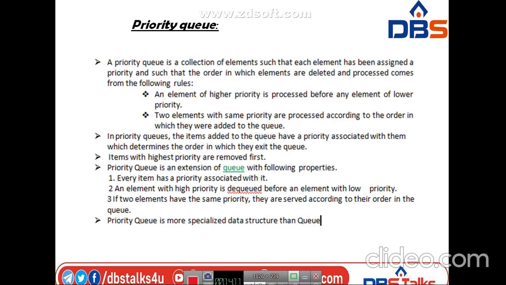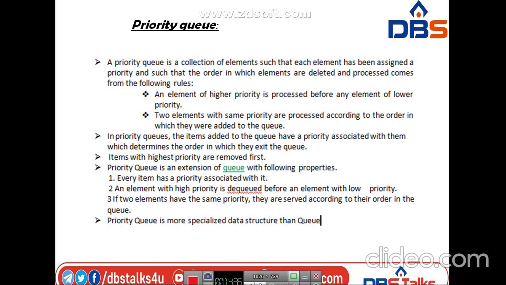Generally, a priority queue is a collection of elements such that each element is assigned a priority, and the order in which elements are deleted and processed comes from the following rules. An element of highest priority is processed before an element of lowest priority.